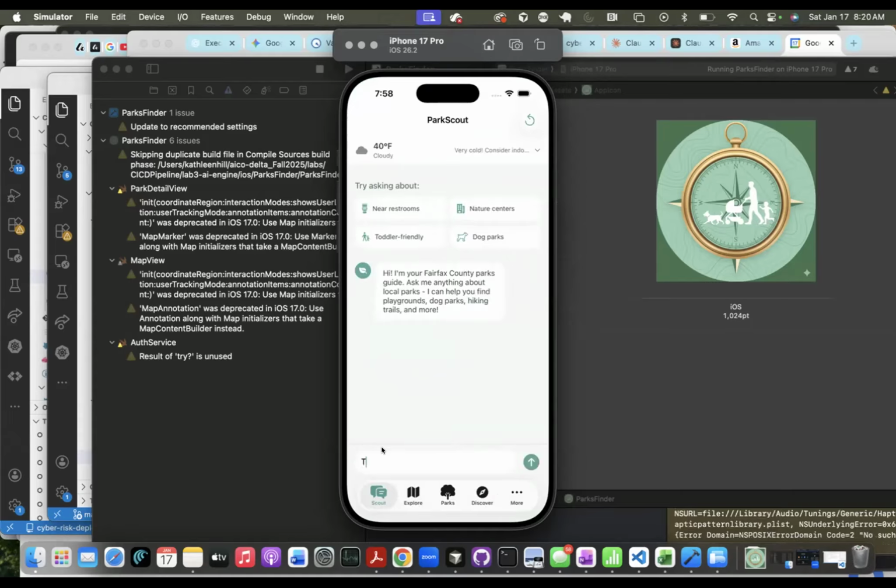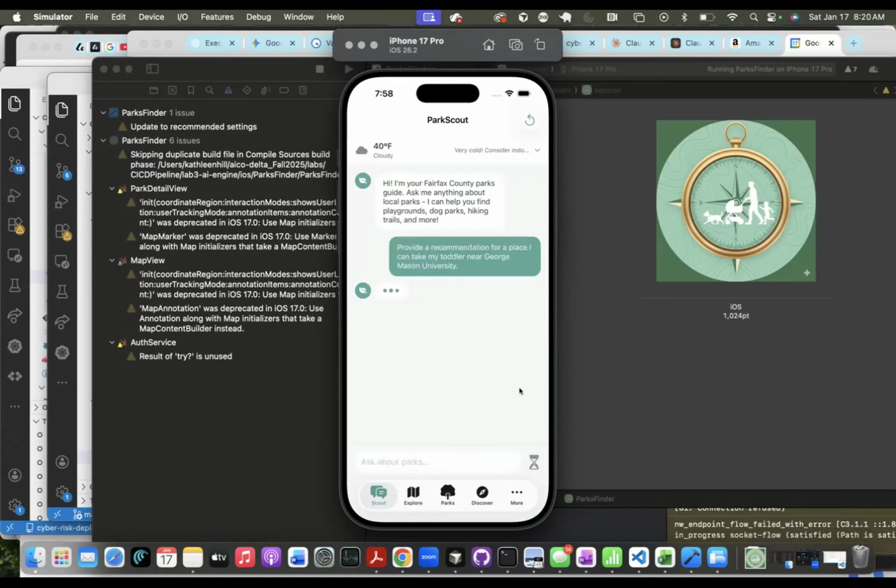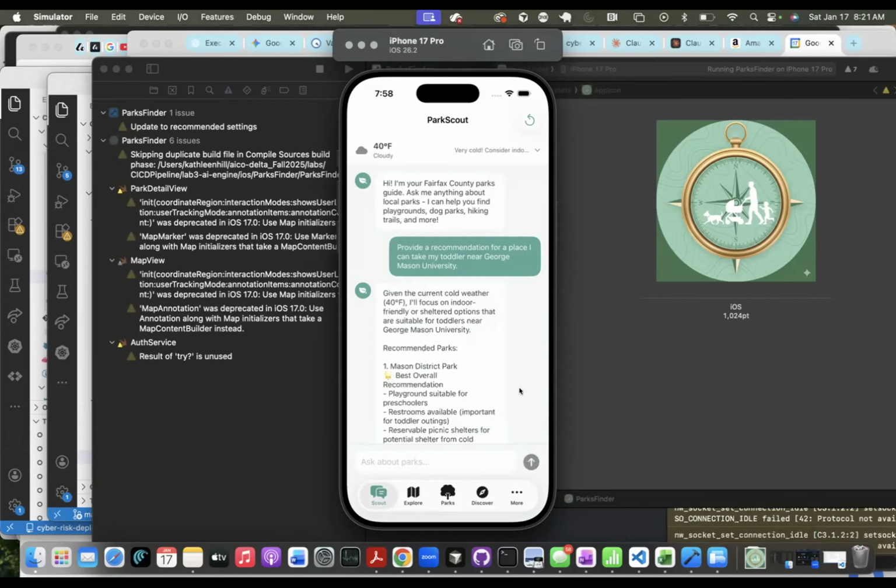I give it a query, and then it's thinking. In my prompt, I have it provide at least 2 locations because I wanted to give options.